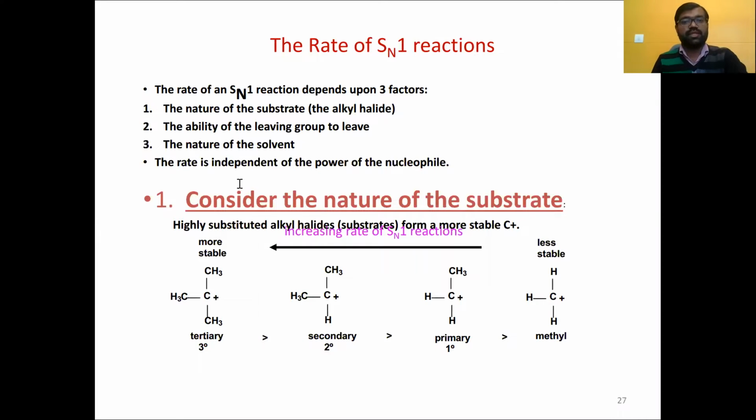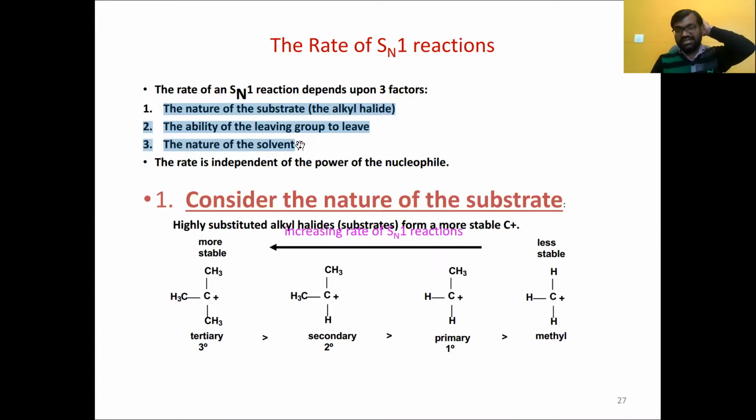Just like SN2, let us also learn other factors which can affect the rate of the reaction. In this case, three factors are known. Factor number one, the nature of substrate, in other words, the alkyl halide. Factor number two, the ability of the leaving group to leave. You can also call it the nature of the leaving group. The third factor, that is the nature of solvent,